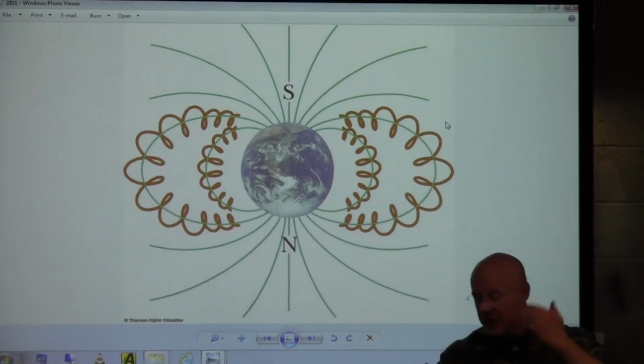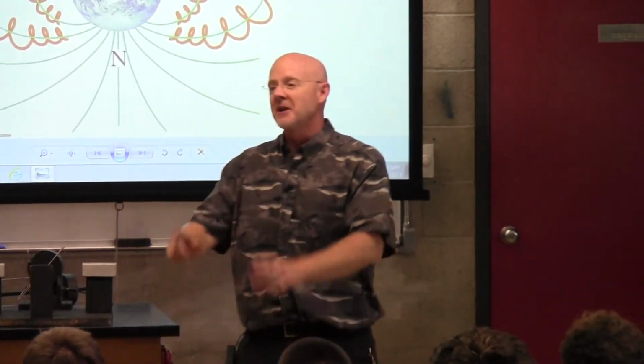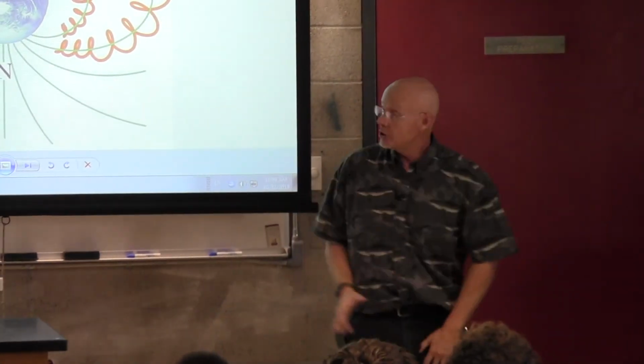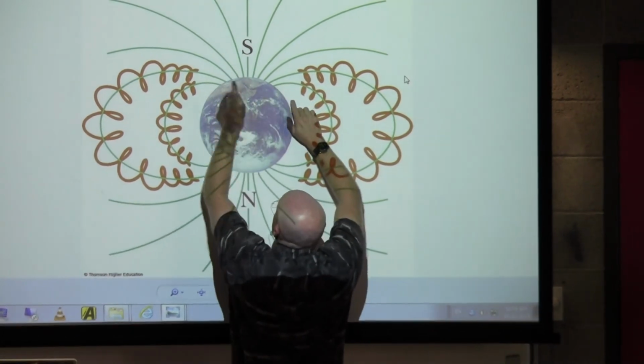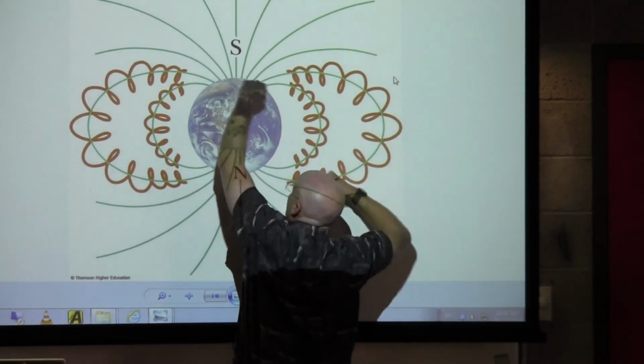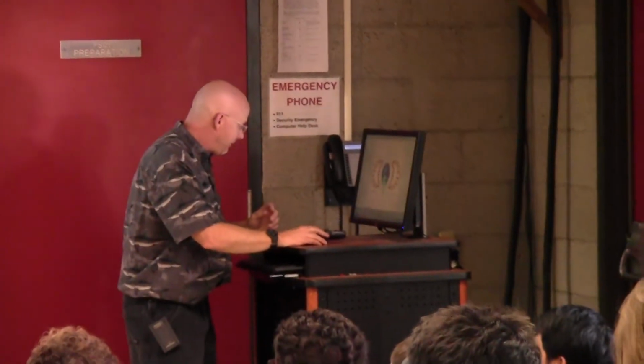And then what happens when these charged particles hit something? They give off light. And so if you can imagine, these charges will come in, and near the North Pole there would be this ring up in the sky of lights. The picture I found this morning was actually